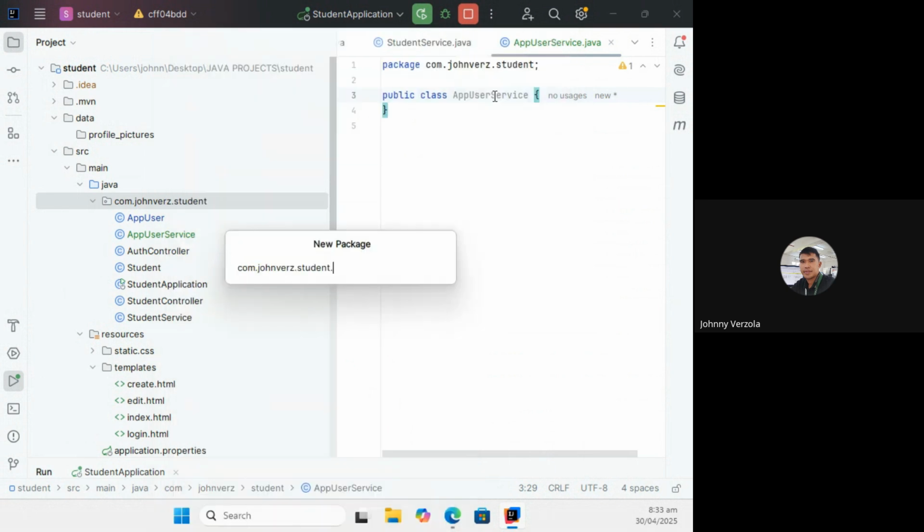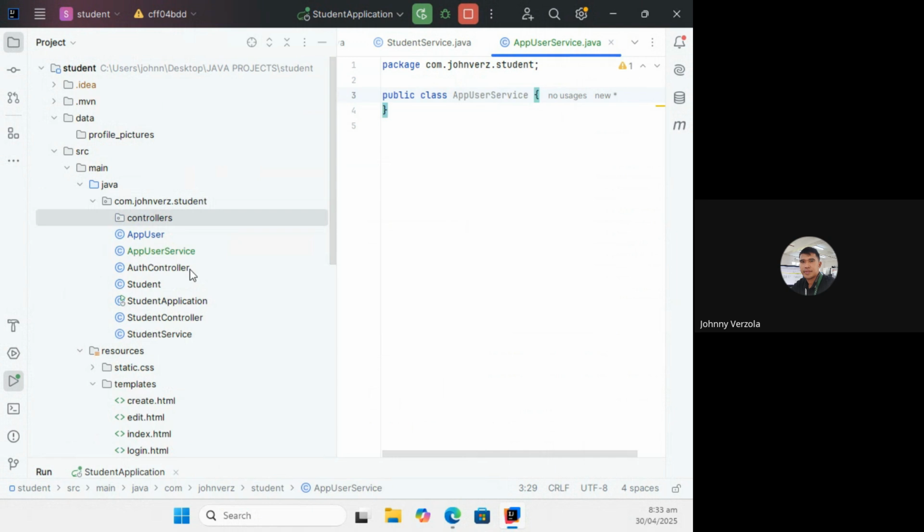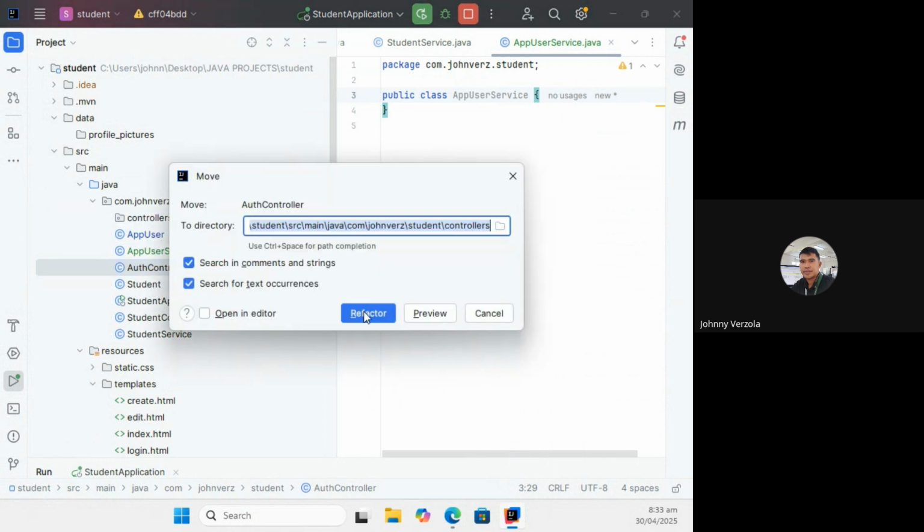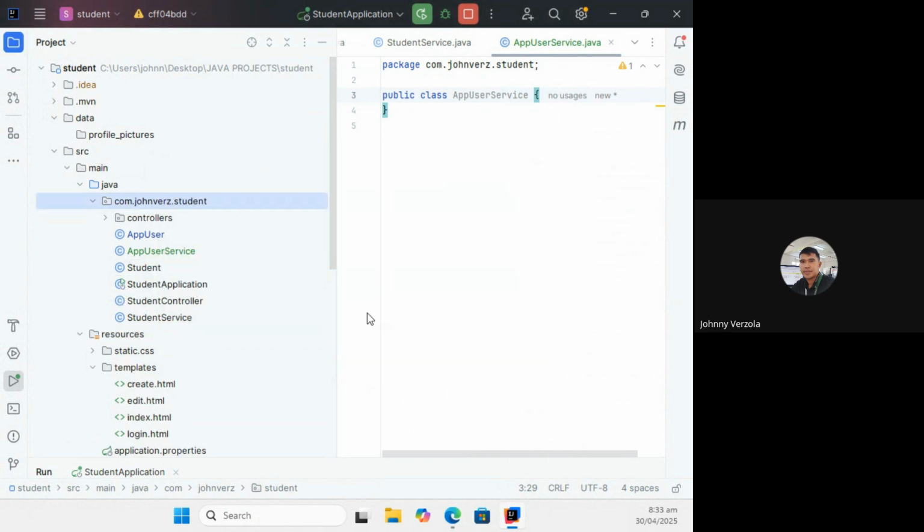We can do it like this to further organize our code. I can create another package here, controllers, and all of my controllers will go there. I'm just going to drag this to that package, and then refactor. This will automatically rename the packages in those classes without us doing it manually. And then we also have the student controller.